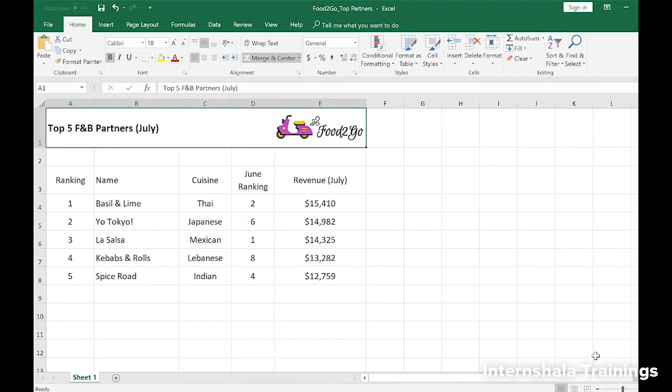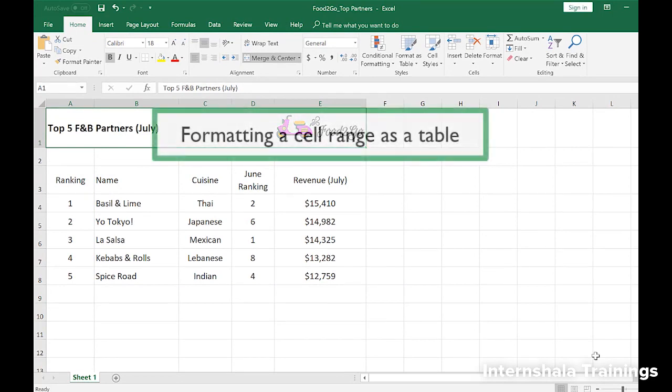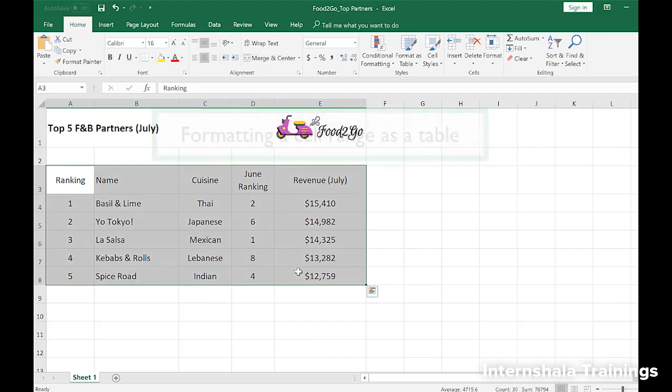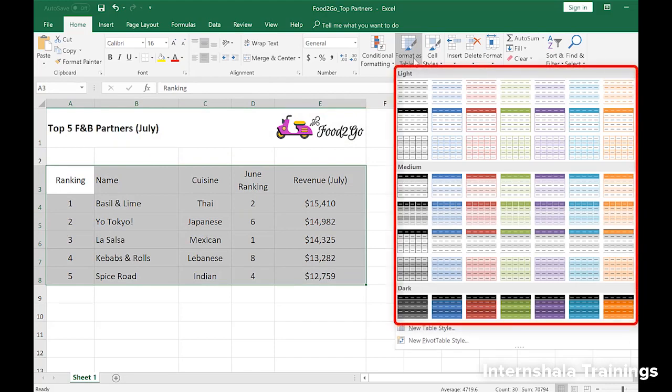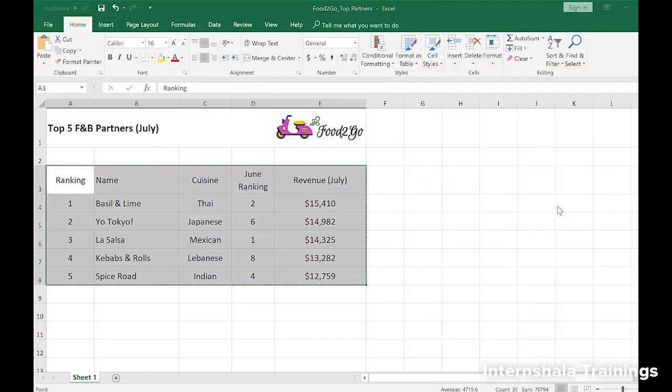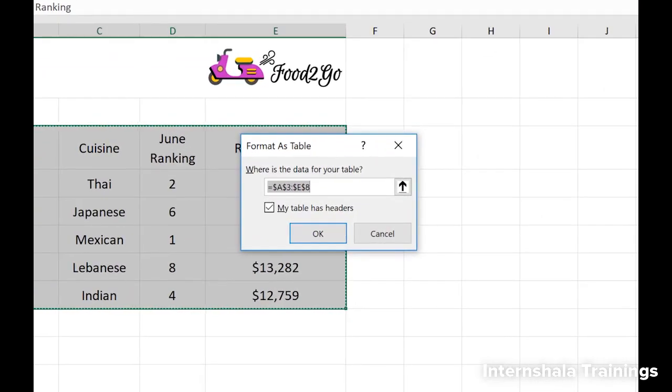Here's a worksheet with some data on it, and although it looks like a table, it's not formatted as one. To format a data range as a table, just select the cells you want to include in the table and click on Format as Table in the Home ribbon. A drop-down will appear showing many table style options. Choose any one you like by clicking on it, and don't worry, you can change the style of your table